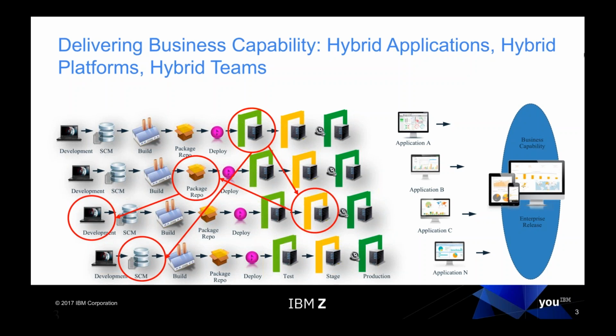And if you look at this diagram, you'll see all different parts of the application have to come together to provide this business value. And in my diagram, I'm showing the pictures are identical for a reason. It doesn't matter that the back end is an IBM Z system running COBOL, running your back end business value, and your front end is an iOS application or Android Studio development. It doesn't matter. They all need to work together, and they need to have a common set of processes and tools. Next slide, please.